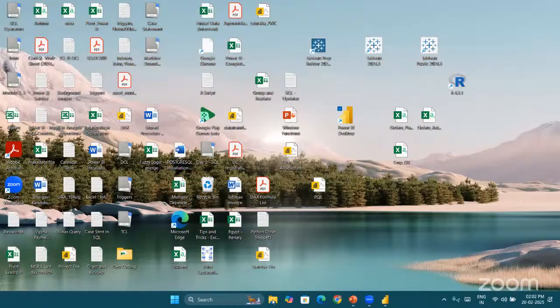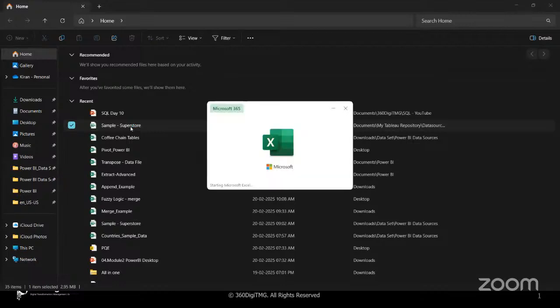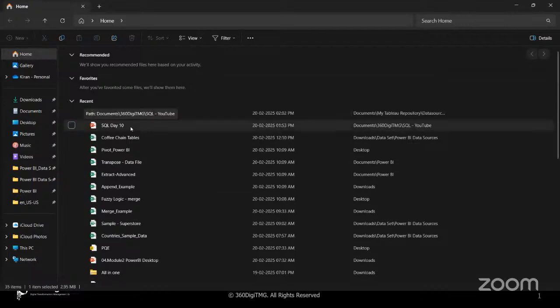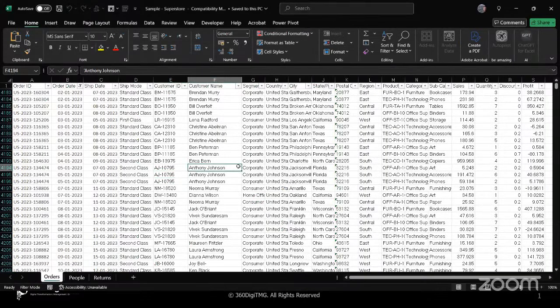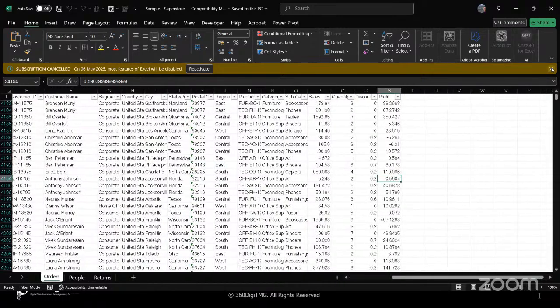We use something called DAX. Now DAX is the formula language of Power BI. Data Analysis Expressions is what it stands for, and it is the formula language of Power BI. Using DAX,